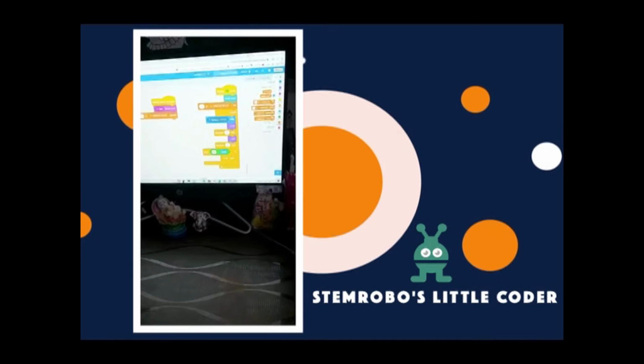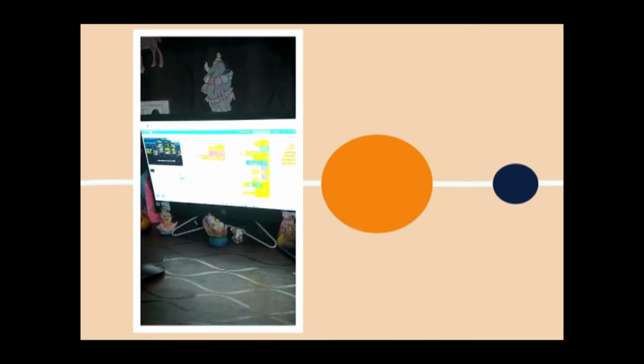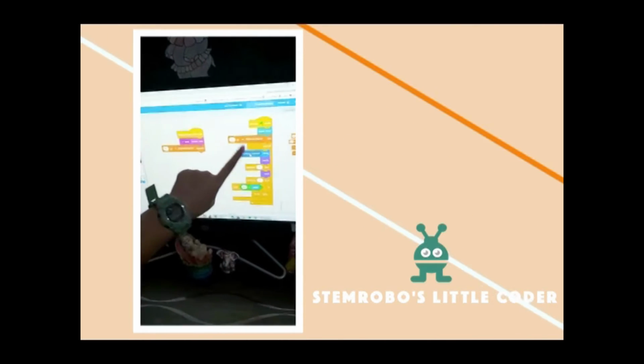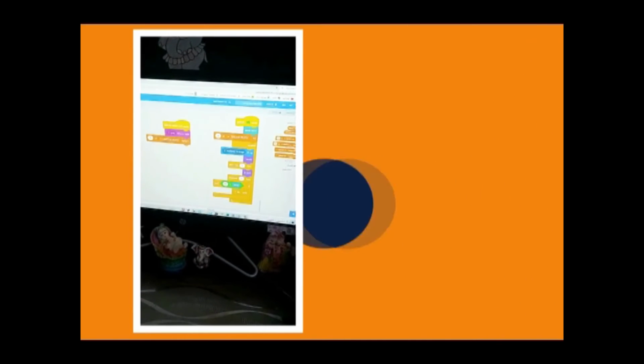Then in the forever block we first have random position, meaning go to random position. This is because the Gobo will not be on a specific point or position. He will go in every slide, meaning anywhere in the slide he can move, in the left corner, right corner, up and down, anywhere he can move. Then we have show and hide blocks. This is so that for 1 second the Gobo would be shown and for 1 second it would be hidden.